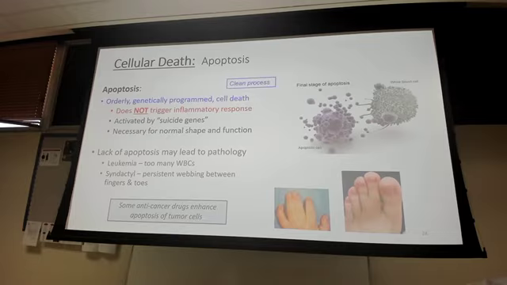We have these genes within our cells that say, hey, it's time to die, you've lived out your life, you did what you needed to do, now it's time to break down and make room for new cells. And when this happens, this is a clean process. Our cells die, and you'll see a picture here in a minute, but it doesn't trigger inflammation. Remember how I told you guys that when our body sees the insides of our cells, it starts to cause inflammation? This does not do that, because what happens is